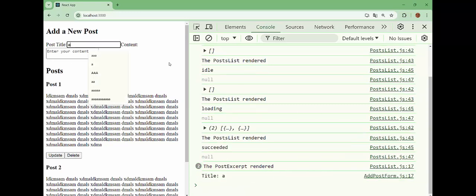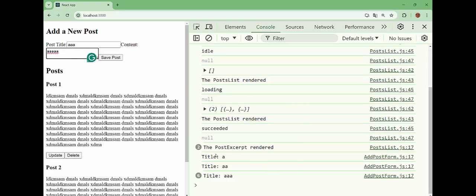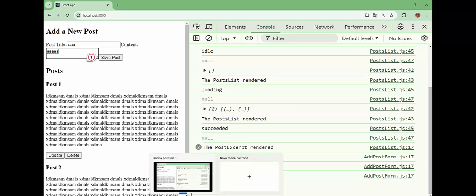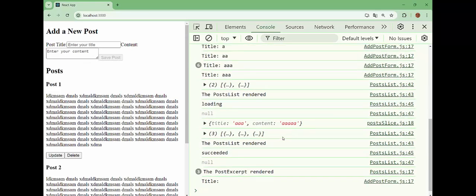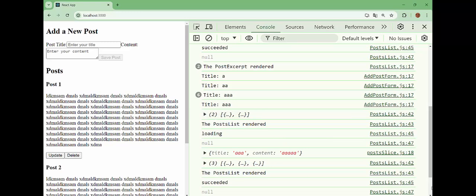Now I add a new post. It is visible here. Every my typing means on change, and that on change activates a title on change function, and we have visible now that every our typing is visible. And now look at what would happen below title when I push save post. After title, it is here, we have a re-rendering post list. How? Because of loading, changing status, loading, and the use selector, who is connected to that changes of status,